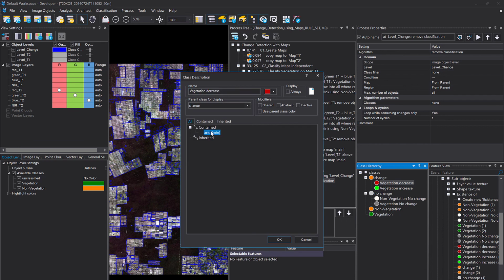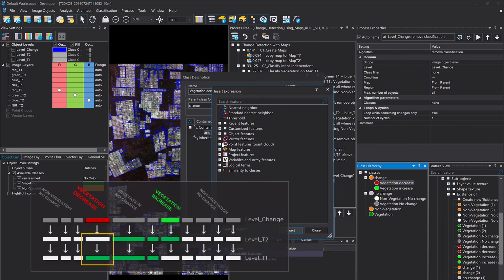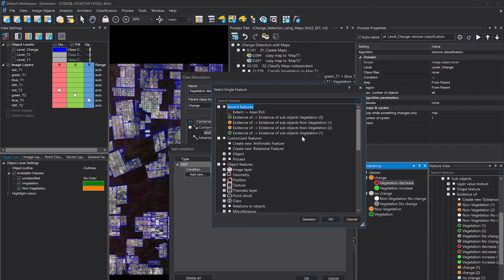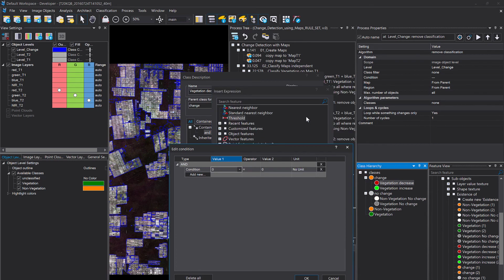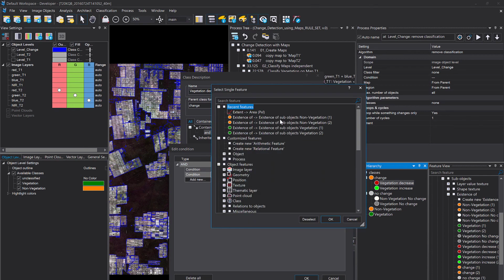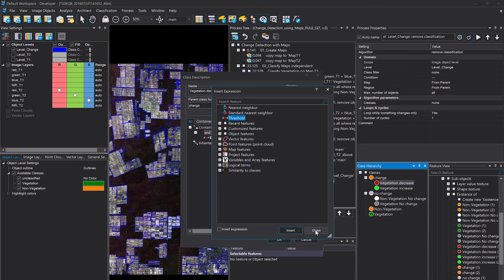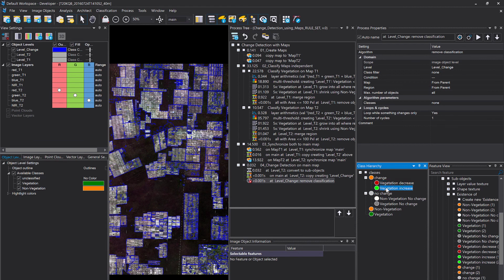Then vegetation decrease, that is if you have vegetation in time step 1 and in time step 2 you don't have vegetation. So a decrease: vegetation on two levels below, yes, but no vegetation on one level below. Okay, I think that makes sense. Hit OK. Close. So we now have defined class descriptions in all our four classes: vegetation decrease, increase, and the two